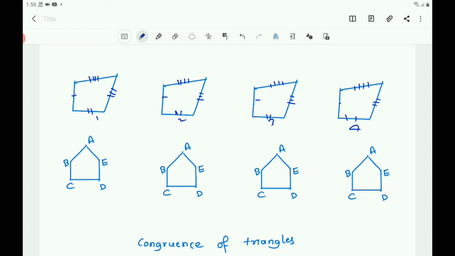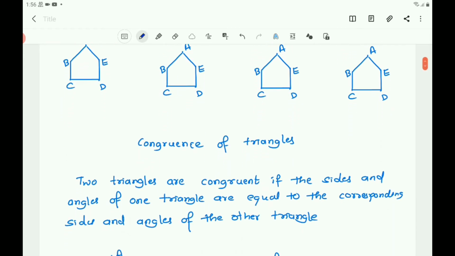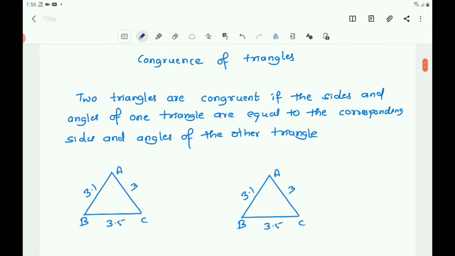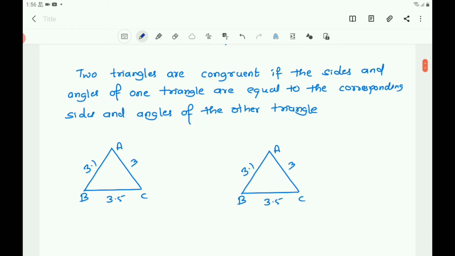So the congruent figures have the same shape and same size. If you place one on the other, they cover completely, means they coincide with one another. Their corresponding parts become equal. Corresponding parts of congruent figures are equal. The coinciding parts are the corresponding parts. They have the same measurement. Now let us discuss the congruence of triangles.